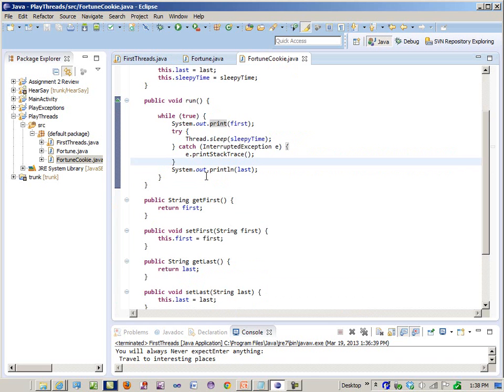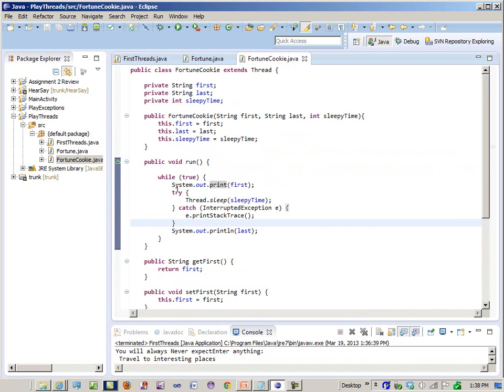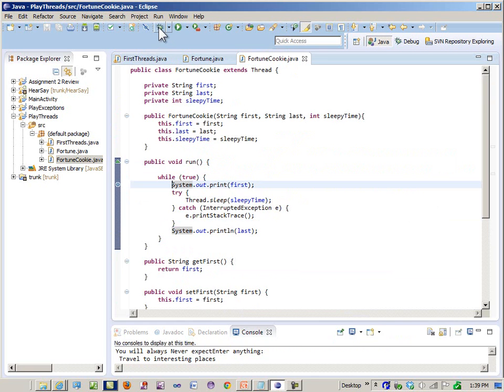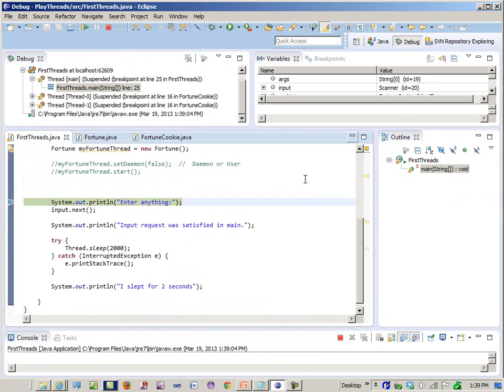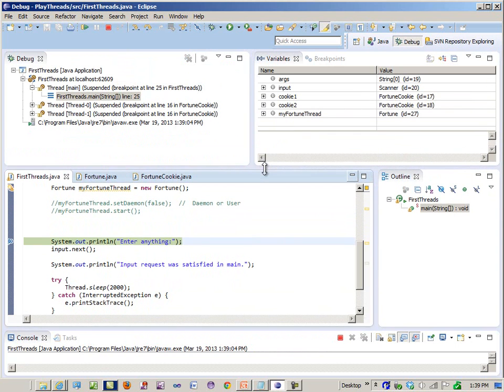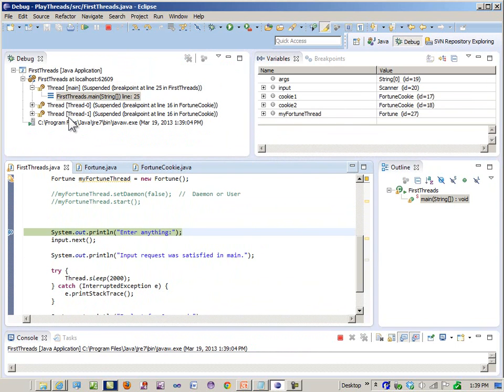So let's go in here. Let's set a breakpoint here, and then run it in the debugger. It should tell us that it will switch to the debug perspective. Well, we hit a breakpoint here, and now for the first time in your debugging of Java programs, this window is interesting. So the main thread has hit a breakpoint at line 25,